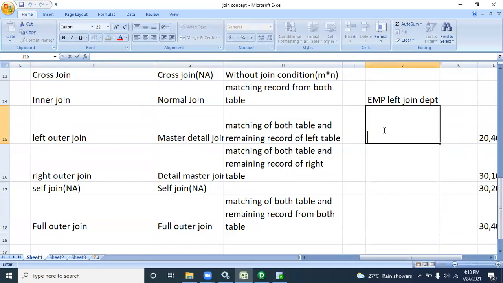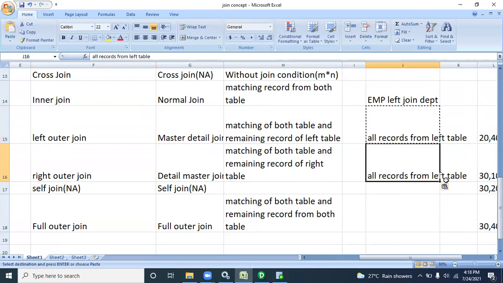In left join you say all records from the left table, but here all records from the detail table. It's the opposite of this, that's it, nothing else.